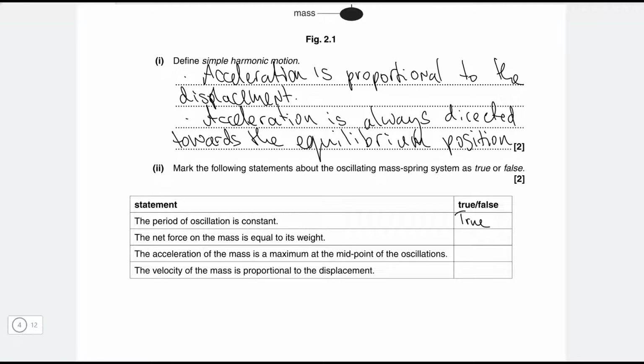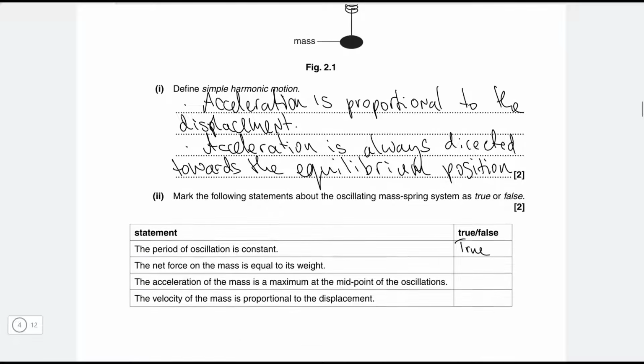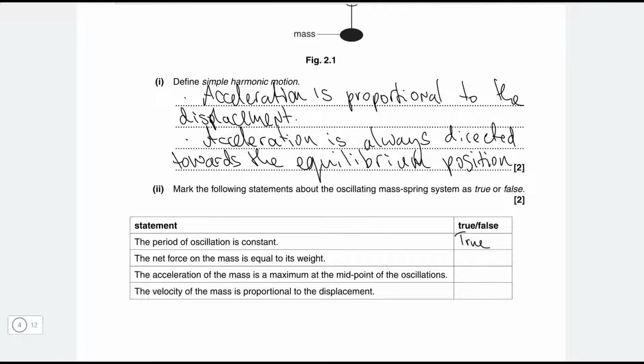The net force on the mass is equal to its weight. Now that is not the case if it's in equilibrium. For instance, it will be equal to 0. If it's not in equilibrium, it will be equal to some values in between, but it will not be equal